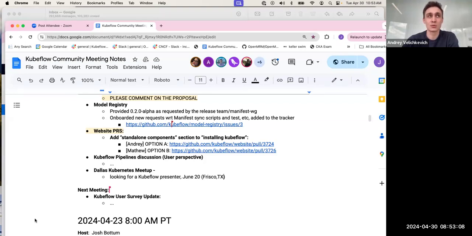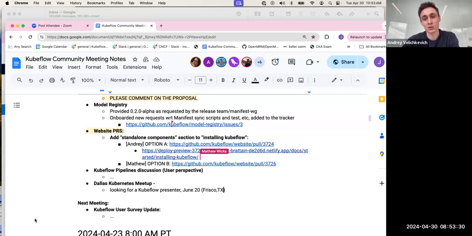So the idea is to just give a reference for users that they can use Kubeflow from distributions as the platform. They can use Kubeflow as a platform from Manifest, and they can also install standalone Kubeflow core components like training operator, pipelines, Katib, Kserve, notebooks. So the idea is to properly structure the installing Kubeflow page to make it easier for people to use the